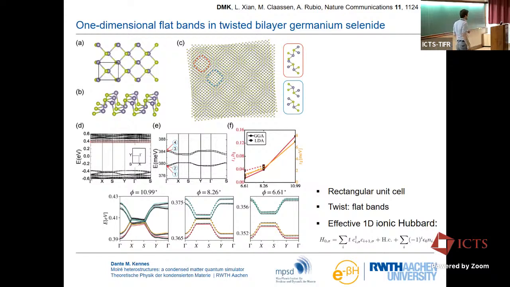If you now do the same thing as before, you add some Hubbard type of interactions, this local interaction, if you remember the first talk of today. Then what this model is actually realizing is the 1D ionic Hubbard model, which is a prototypical model of condensed matter physics, simply because it shows a variety of very interesting phases. So I brought these phases here in this table.